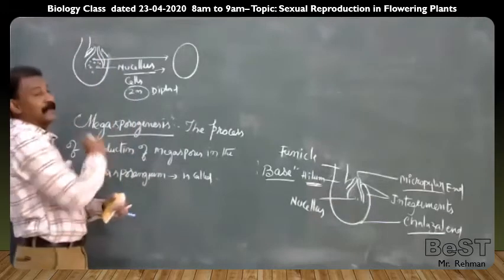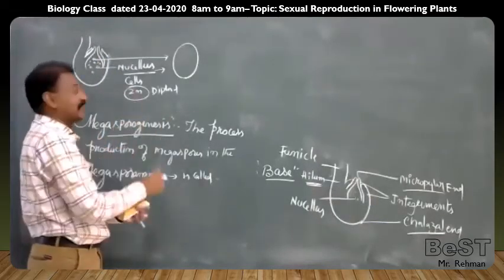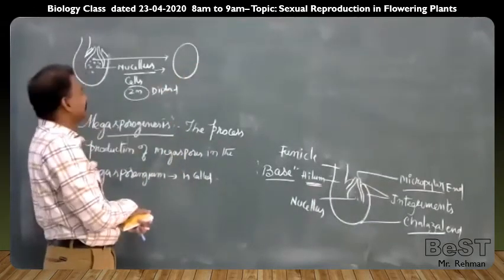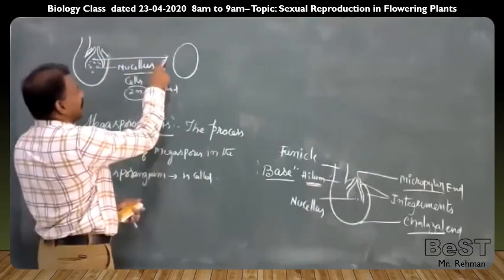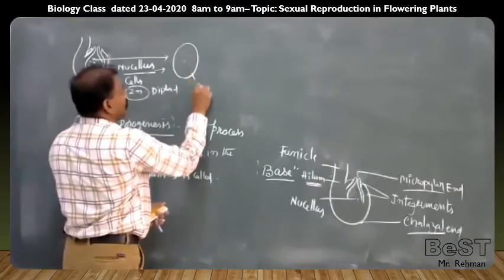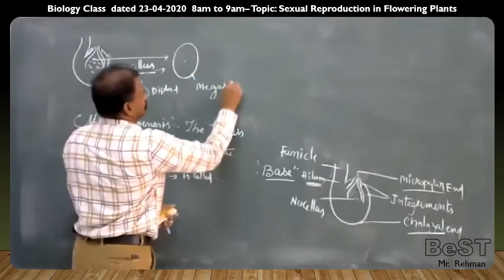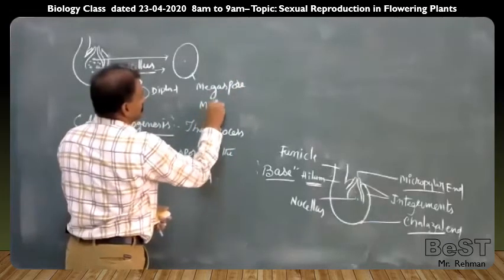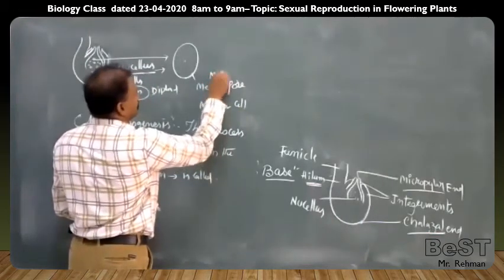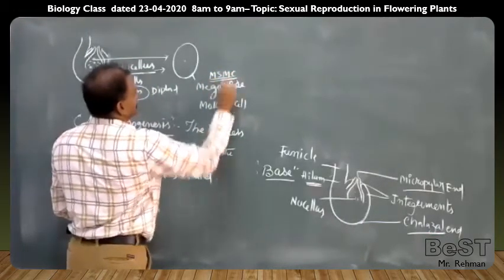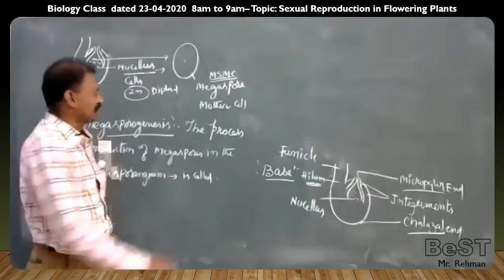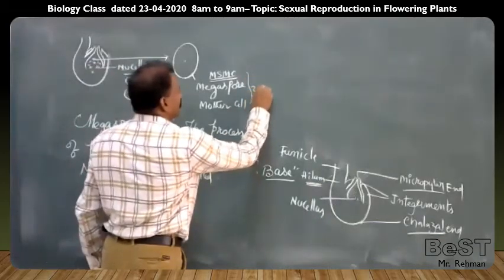They are nutritive in function. It means they will supply food material for the megaspores, which are going to develop into the female gametophyte, the embryo sac. Now one of the nucellus cells differentiates and becomes the megaspore mother cell. Simply, you can call it MMC or spore mother cell. The megaspore mother cell is also diploid in condition.